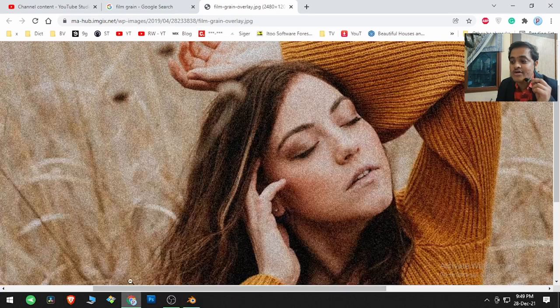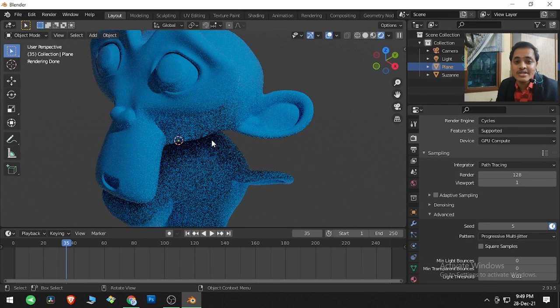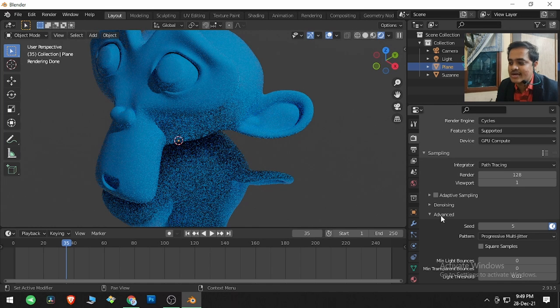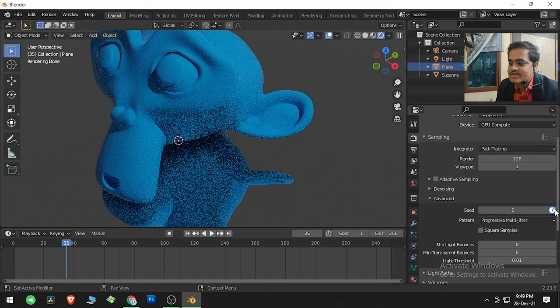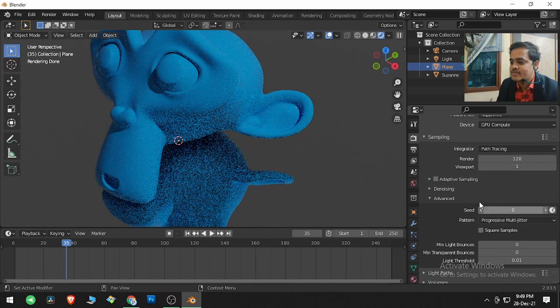When you are shooting on film, there are these little grains that appear because of low light conditions. So the Blender people thought, why not animate the noise so that it may seem like a film grain instead of removing the noise completely. So this is a very legacy type effect. If you want, you can go in denoising and denoise it completely, but it's an option given there as well. So I will select this and tap 0.